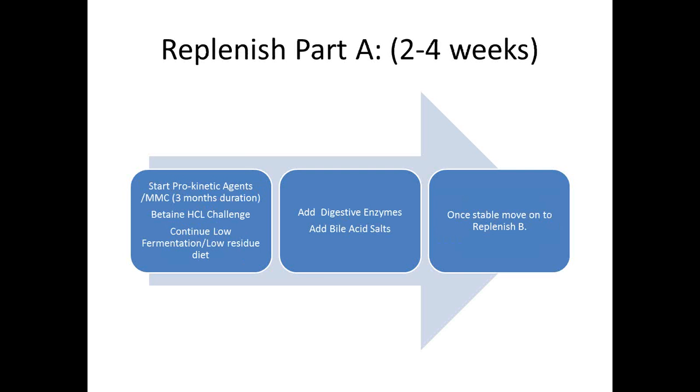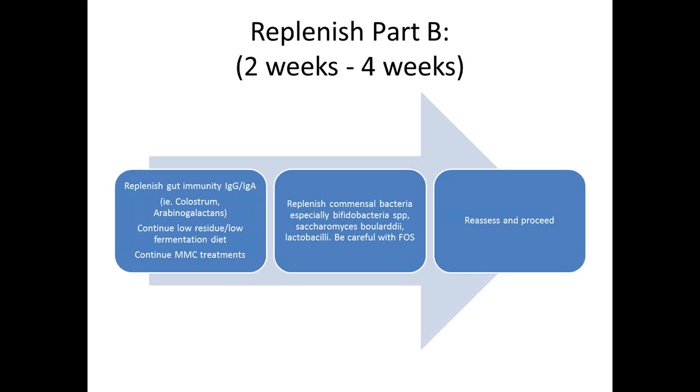So then we move into replenishment, which is a 2 to 4 week process. The patient's doing better. I usually do start them on prokinetic agents. I have been using the low-dose erythromycin, 50 milligrams at bedtime. Some people use other treatments like melatonin, and I've also seen 5-HTP used. I'm hearing some news about low-dose naltrexone. And then I get the patients to start the betaine HCl challenge to make sure that we're at an adequate gut pH and continue on the diet. I also get them on a digestive enzyme support and bile acid salts to help with replenishing the innate digestive process. So that's about 2 to 4 weeks, and then we reassess